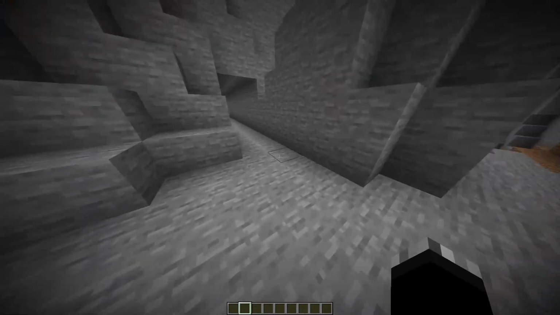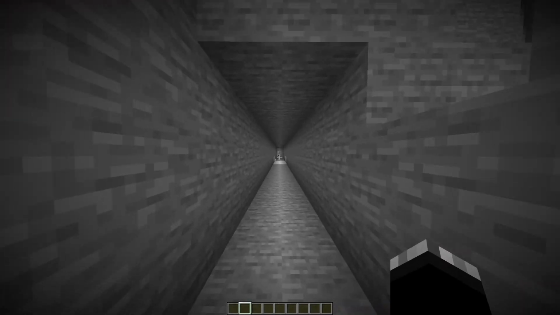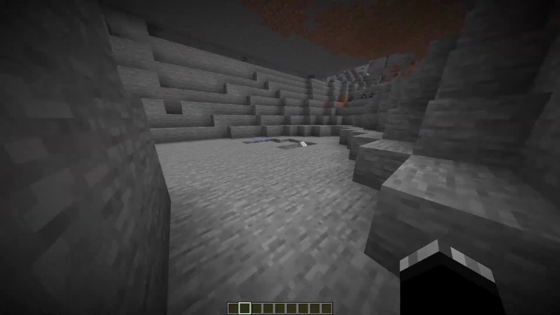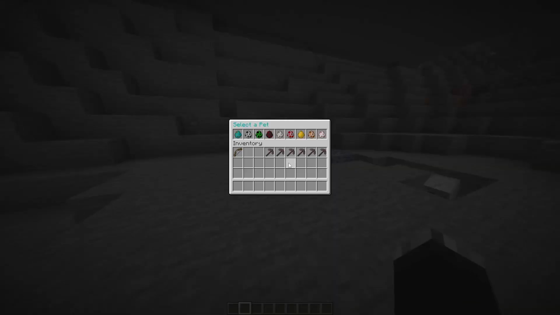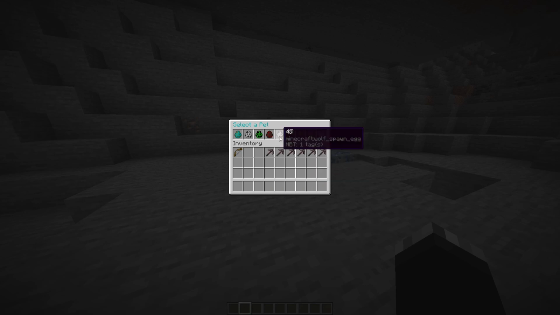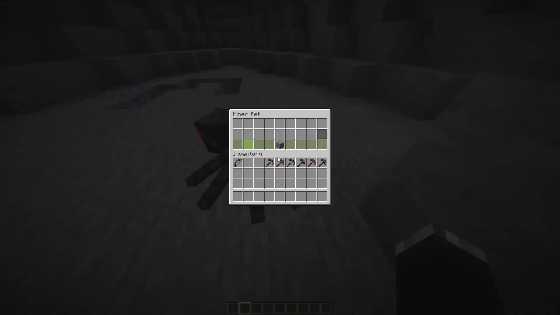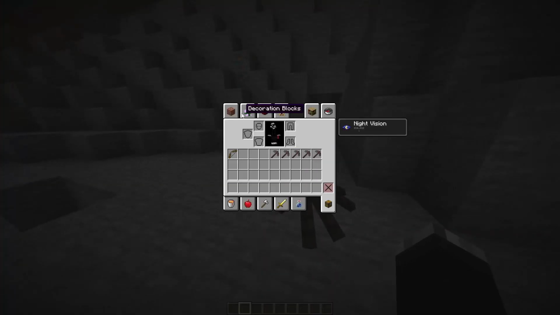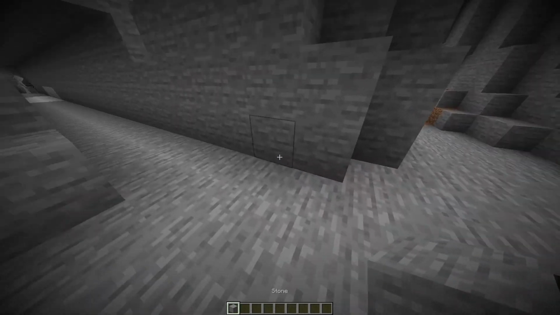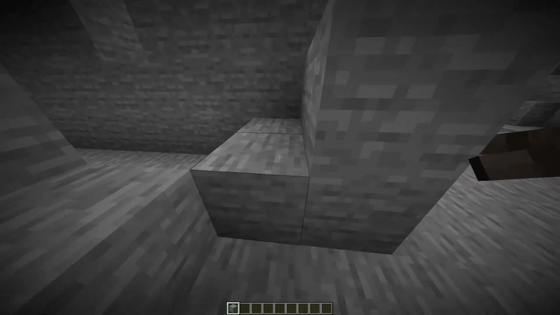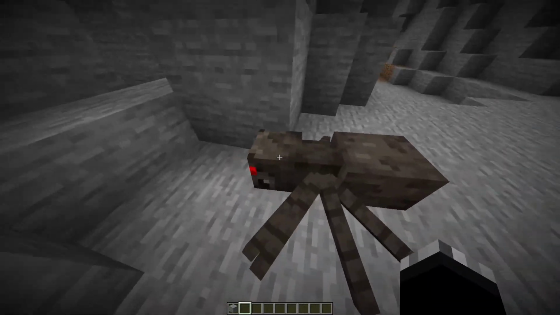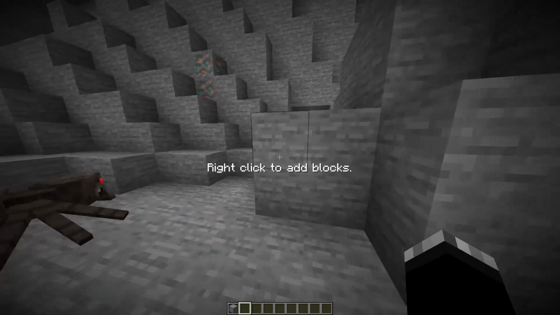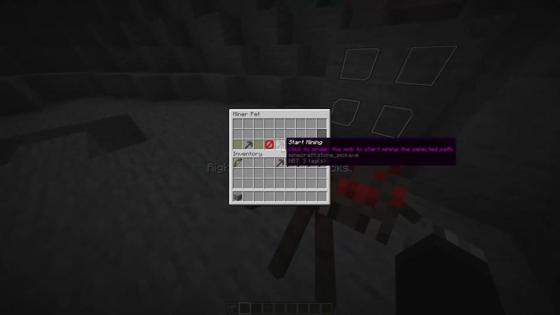And I'll show you a little. So right down here I had another skeleton mine this pathway, so I could show you. If I spawn in whatever, I'll get spider, why not? Got 17 slots. I'll also give that a netherite pickaxe. And then if I put a wall right here, make a little wall right here, and tell the spider to mine in this direction,